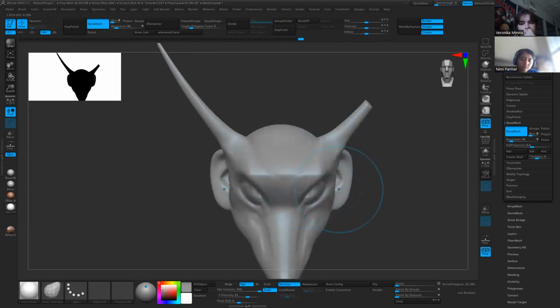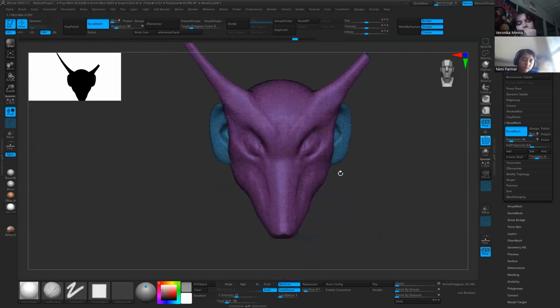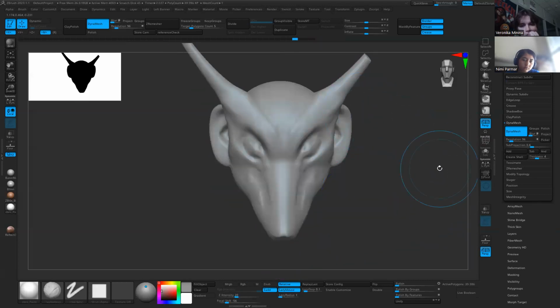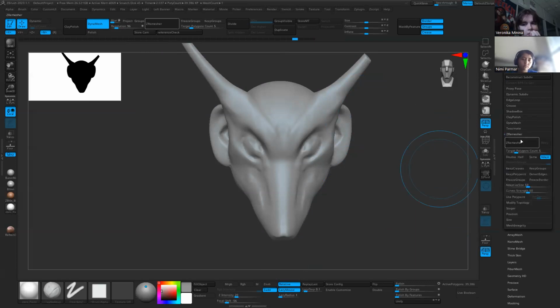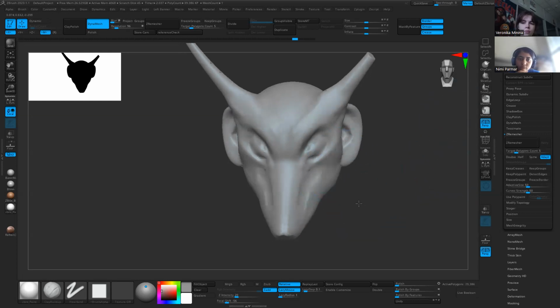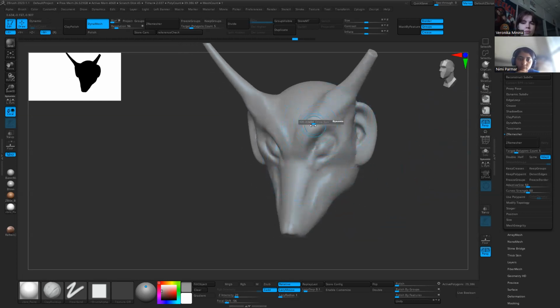Let's say I'm going to go ahead and move, or actually we'll use this model right here. It's going to correct and give me even and nice density. But ZRemesher instead is going to be drawing only quad topology, right? So it's only drawing four-sided polygons, which is nice. And it's also going to try to draw the polygons to match the shape of the object, which is really nice because whenever we have a low resolution mesh, we want our mesh to have